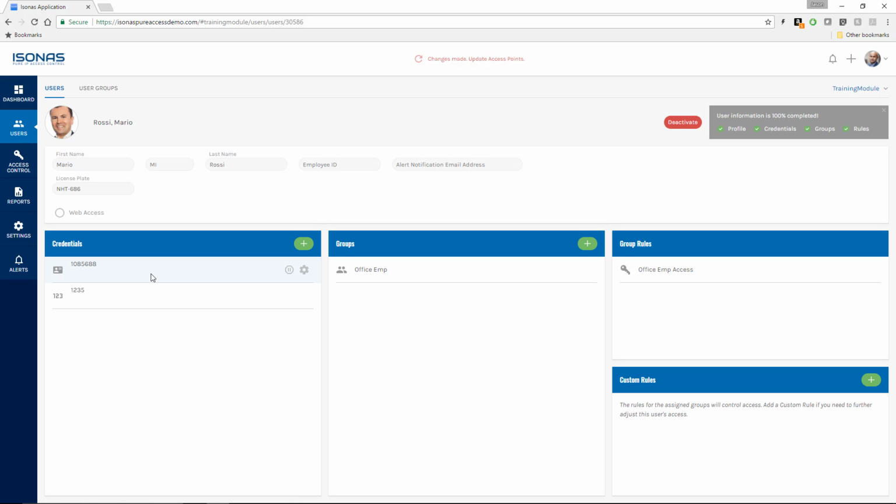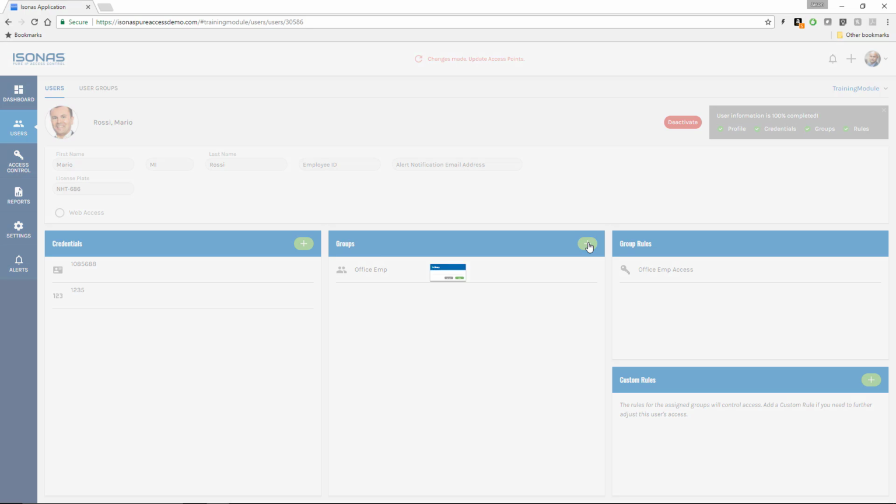Now we can go in, click on his credential, and disable his credential. We can also deactivate his user. However, once we do that, it won't show his record if somebody reads one of his credentials. In order to see if he comes back and tries to use his credential, we want to take him basically out of the group. So if we go under groups,